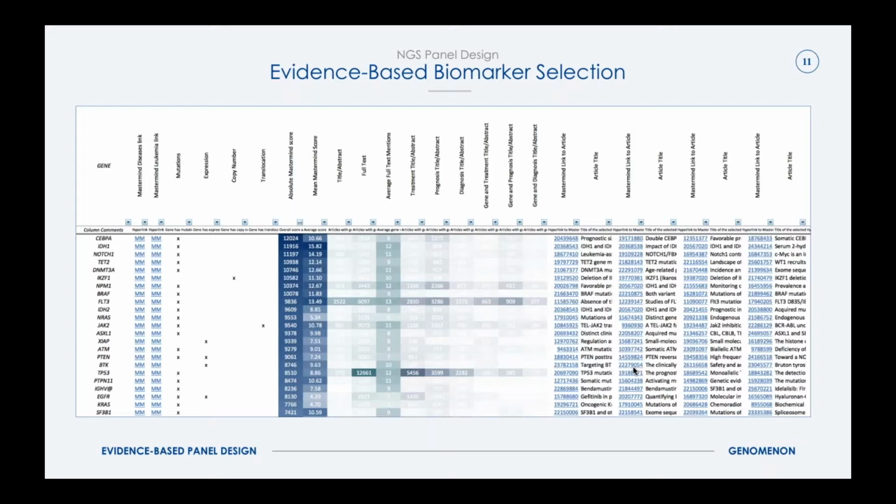And then the link on the right will actually take you into an overview of the way that that gene has been associated with leukemia or lymphoma in the literature by showcasing some of the data content in Mastermind, as I'll show in some screenshots here momentarily. The next section of this deliverable, where you see X's,